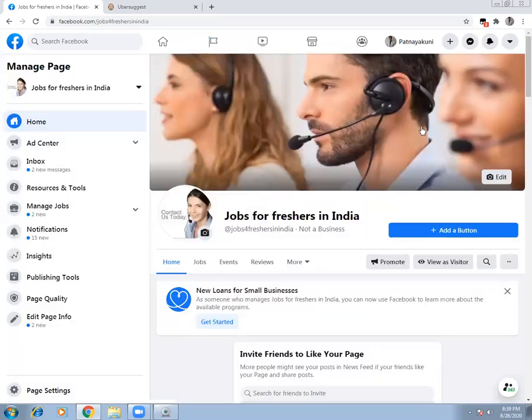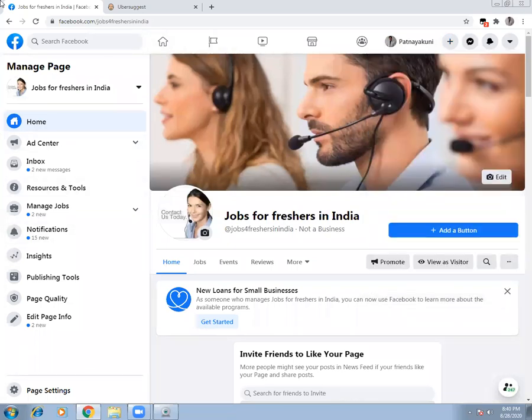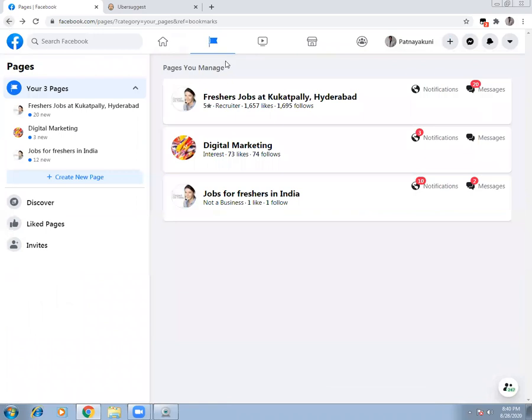When you click here, you can see this is how you have an option to edit it. Once you share your details, your page will be approved. Once your page is approved, you can do all the modifications by adding or editing your banner. Then you can ensure that you enter everything. I will show you a live page which already exists and has been there for close to 2 years. That is freshers jobs in Kukatpally, and how I use this page and how it helps me. That is more important, because when you see it live, you will understand its importance.